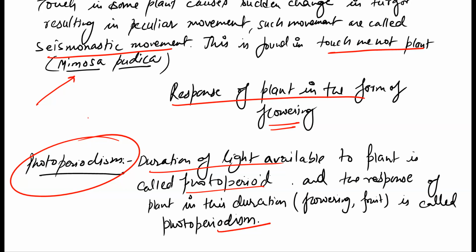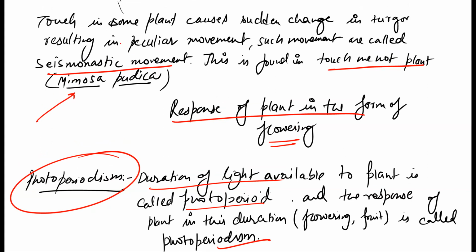So now we have done this one, that is the touch me not plant. Let me explain that in some plants, if you touch them, there is a sudden release of turgor pressure. Turgor pressure means the pressure that is built inside the plant cells, which provides turgidity, hardness, to the plants. So when you touch it, this turgor pressure suddenly releases and results in a movement of the plant part, like closing of leaves in the